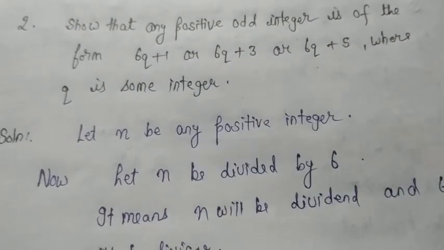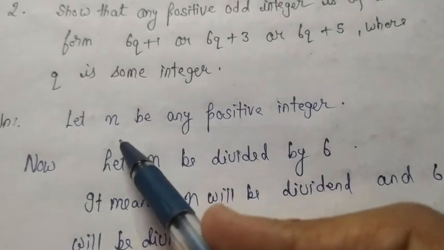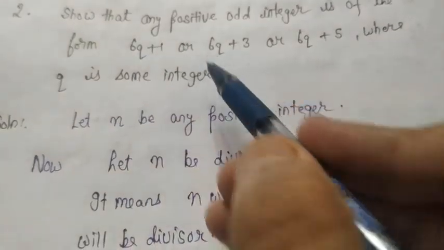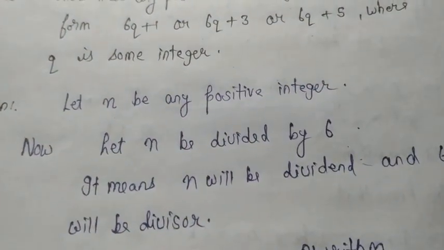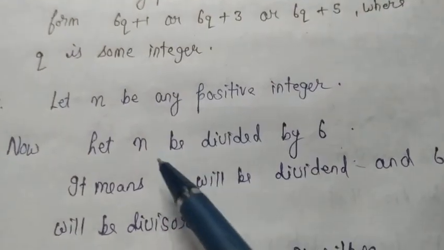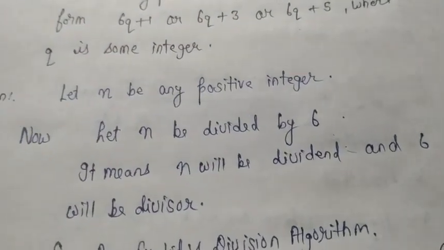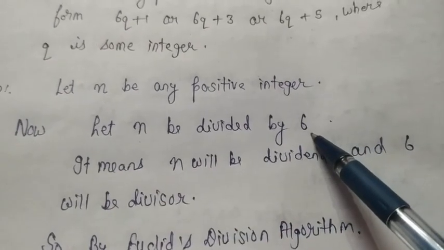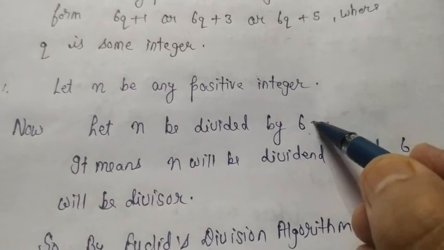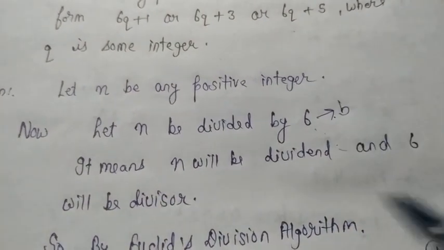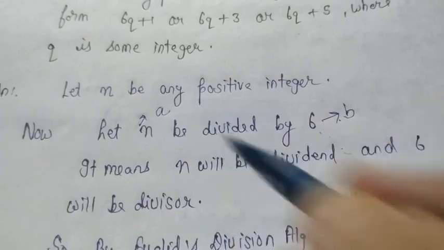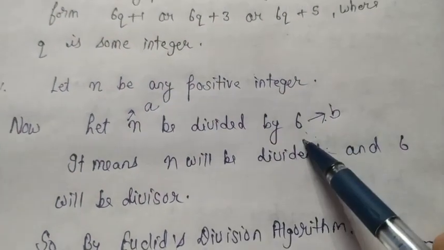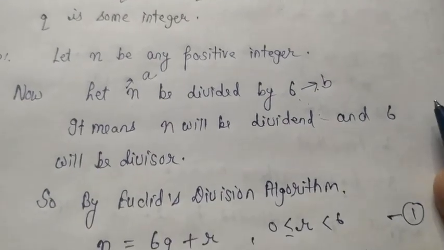6q. So what you will do, you can divide n by 6, same as the previous question. In the previous question 2 was there, so we divided n by 2. In this question 6 is there, so we will divide n by 6. Now when you divide n by 6, n will be our dividend, 6 will be our divisor. It means according to Euclid's axiom it will be b and this will be a. After that when you divide n by 6 you will get a quotient and a remainder.